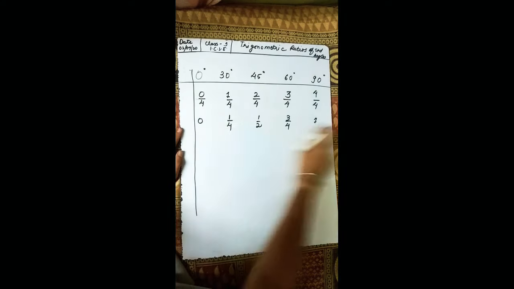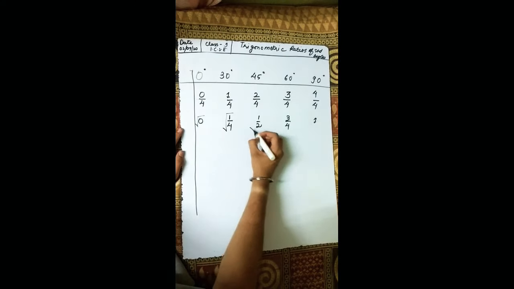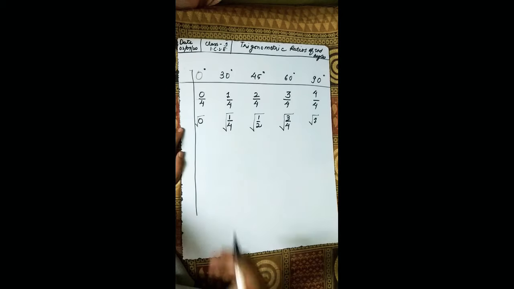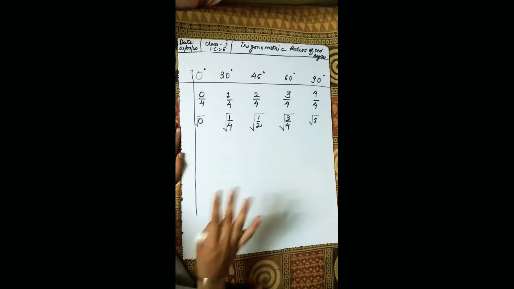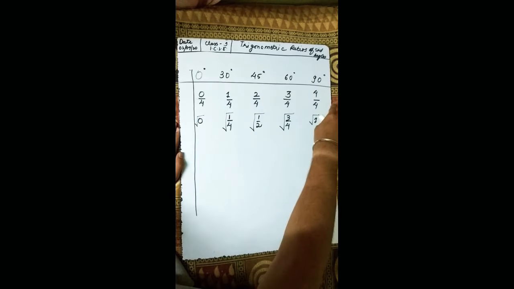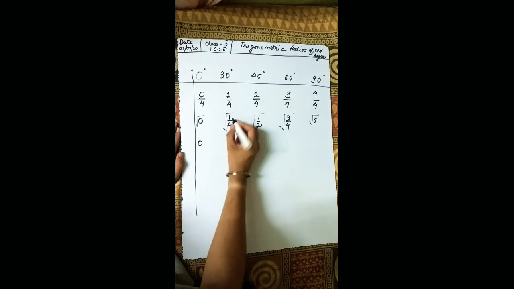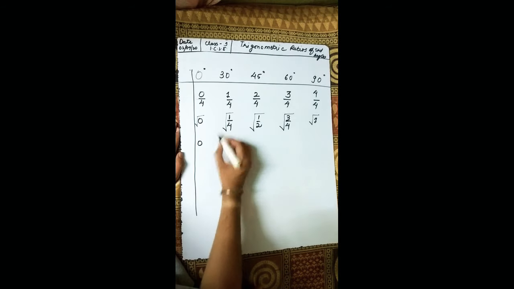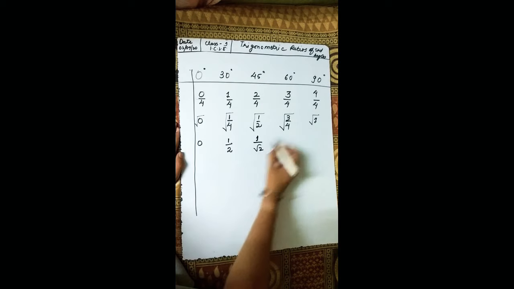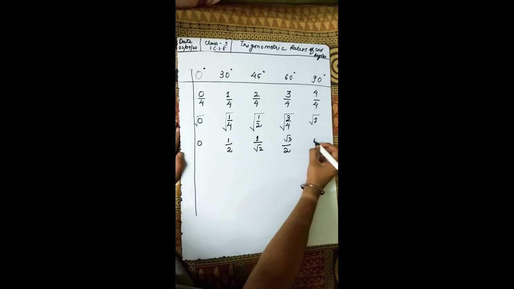Now take the square root of these values. This is the criteria for remembering. I will tell you what the final values will be, but first just listen. What we have done: we wrote 0 to 4, divided by 4, and taken the under root of it. 0 under root is 0. Under root of 1 is 1, and under root of 4 is 2. So, under root of 1 by 4 is 1 upon root 2, root 3 upon 2, root 4 is 2 and root 1 is 1.